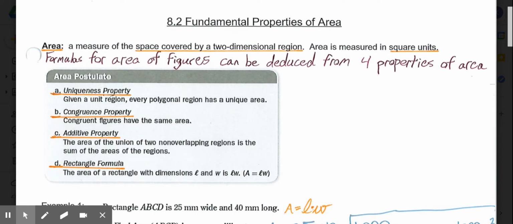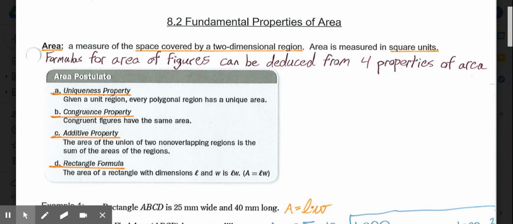We have the congruence property, which says congruent figures have the same area. Then we have the additive property, which states the area of the union of two non-overlapping regions is the sum of the area of those regions. So if we have two figures that don't overlap,